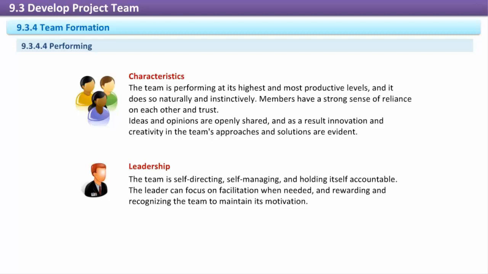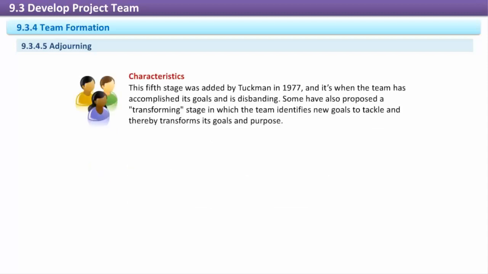Leadership. The team is self-directing, self-managing, and holding itself accountable. The leader can focus on facilitation when needed, and rewarding and recognizing the team to maintain its motivation. Adjourning. Characteristics. This fifth stage was added by Tuckman in 1977, and it is when the team has accomplished its goals and